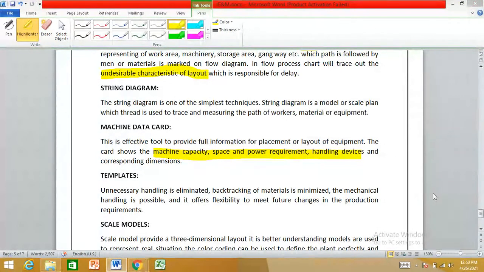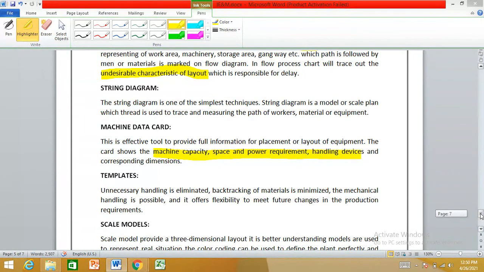We take a board where we cut and paste different machines in actual scaled positions, and the total model is developed and kept in the office, so that we can work on it to improve our layout.